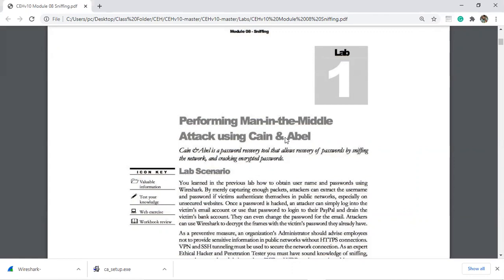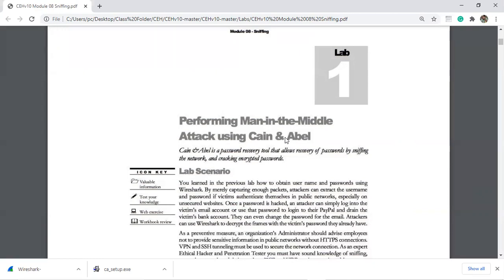We all know what sniffing is, so we'll be looking into this module. Directly we'll be starting our practical for sniffing, because you already know the basic definition of sniffing, what the meaning of sniffing is, and what we can do using sniffing. In sniffing we use different sorts of tools, but primarily we use Cain & Abel and Wireshark. Wireshark is used for cracking passwords received over the internet by sniffing the data of the packets, and Cain & Abel is used to do the same. But we cannot crack passwords using Cain & Abel, while using Wireshark we can do that.